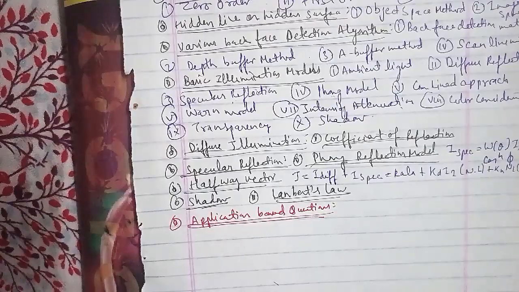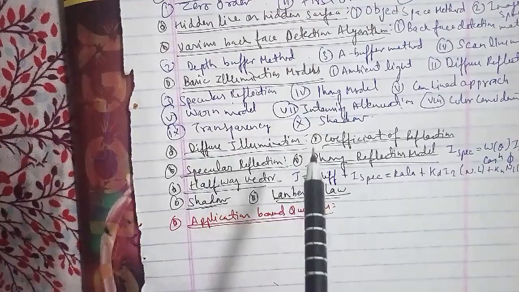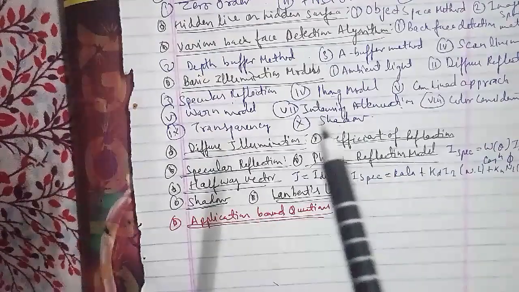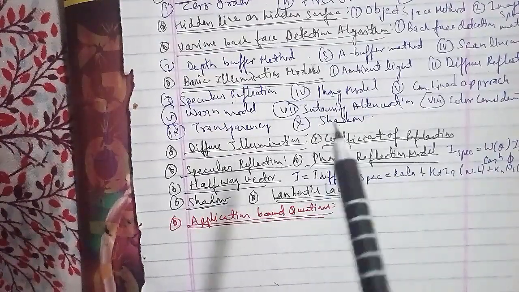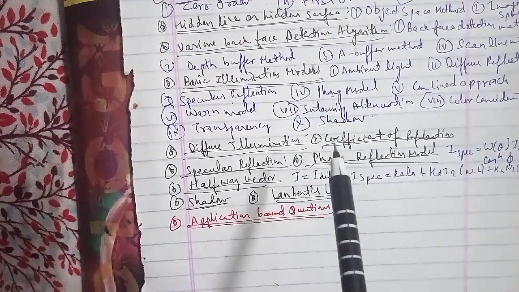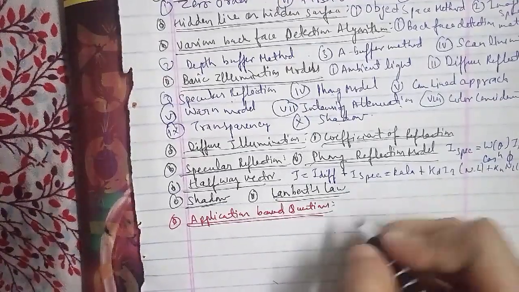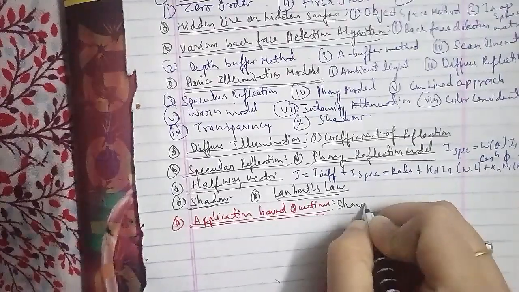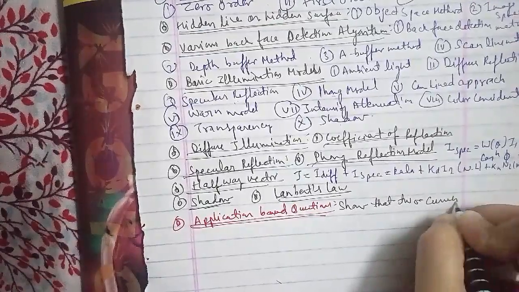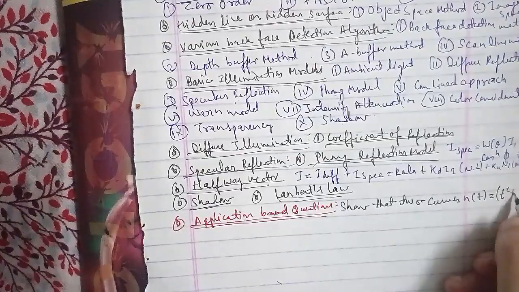The next application based question is: the Z buffer algorithm allows 128 depth value levels to be used, and how much storage would a 512 by 512 pixel display require for the Z buffer if the scene consists of 14 objects? We'll talk about that in the next class, and then we'll continue and complete at least this unit 4, and then of course we'll start some of the other questions that we have to deal with, and after that we'll start with another one.